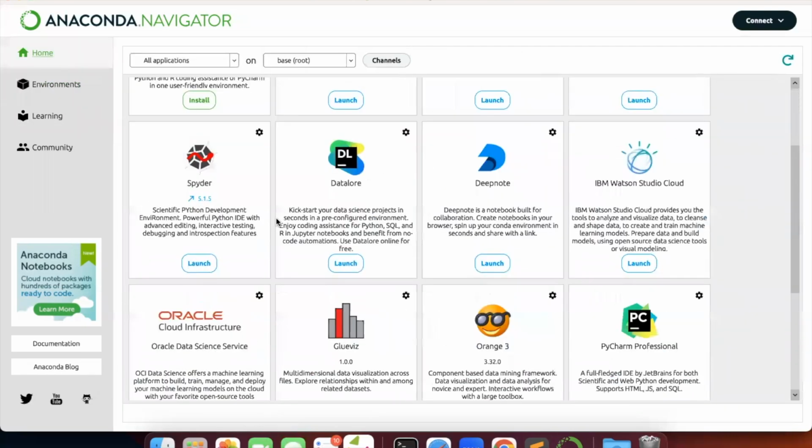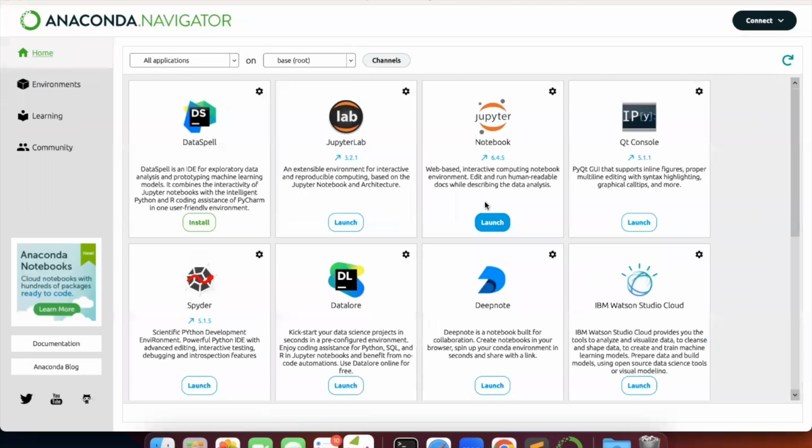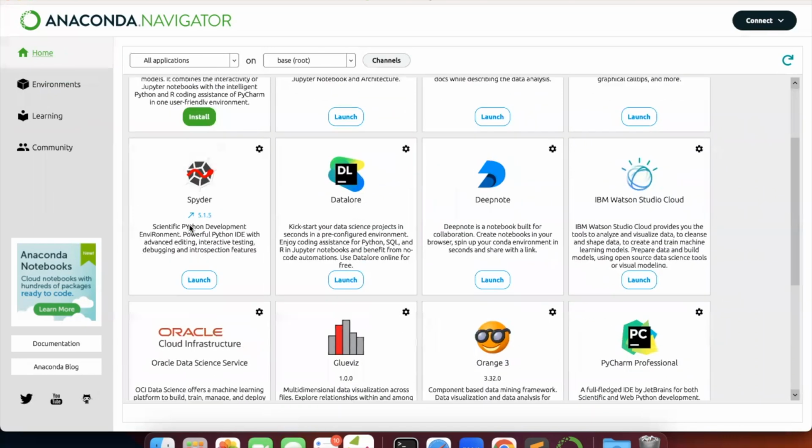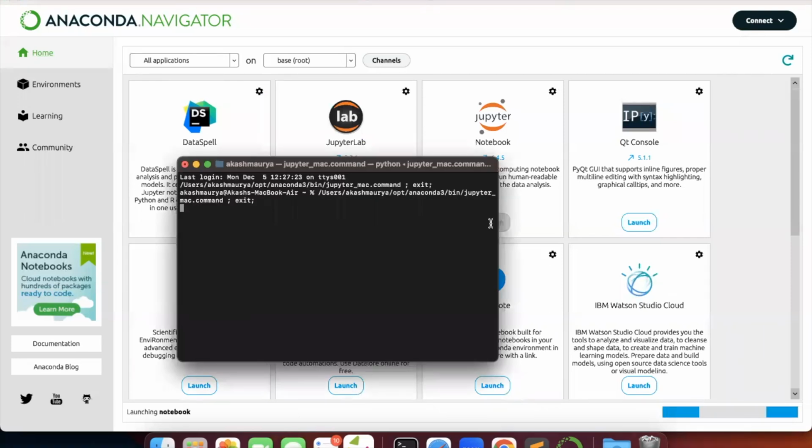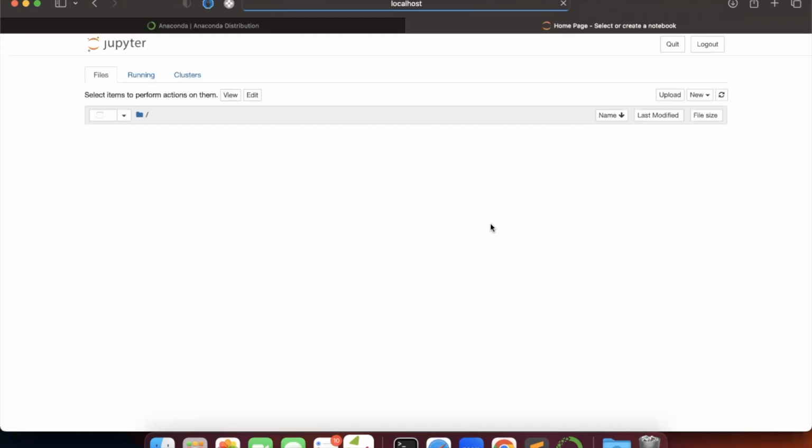And one more thing, here you can see I am getting a launch button under this Jupyter Notebook. You may not get a launch button. Maybe you will get an install button, right? If it already comes installed, that is fine, you will get a launch button. Otherwise, you may get an install button. All you have to do is simply click on this install button and you will be able to install. And after some time, you will see the launch button over here. Once you see the launch button, you can click on it and it will launch